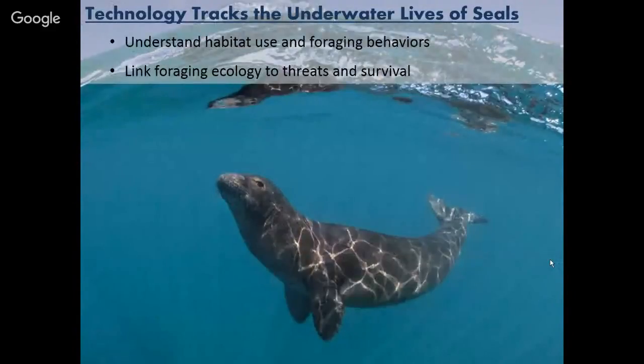So, and kind of switching gears a little bit, so kind of the second part of the talk. So now we already talked about what's going on on land when seals are up on land and nursing their pups and having pups. But then the other part that I want to talk about is sort of the underwater lives of seals and how we can spy on them when they're not within our view at all